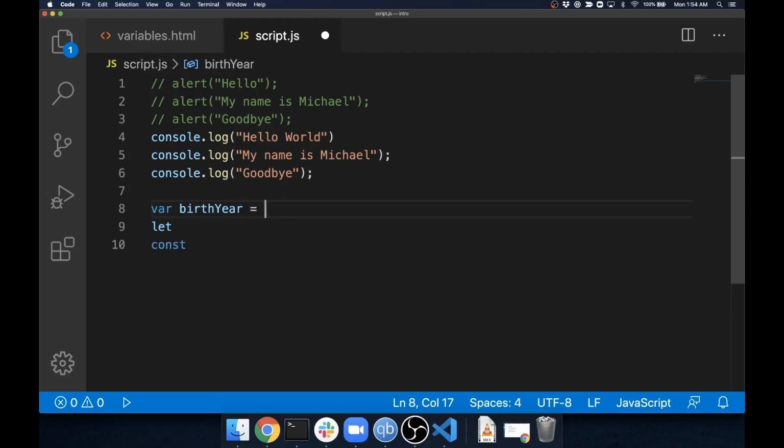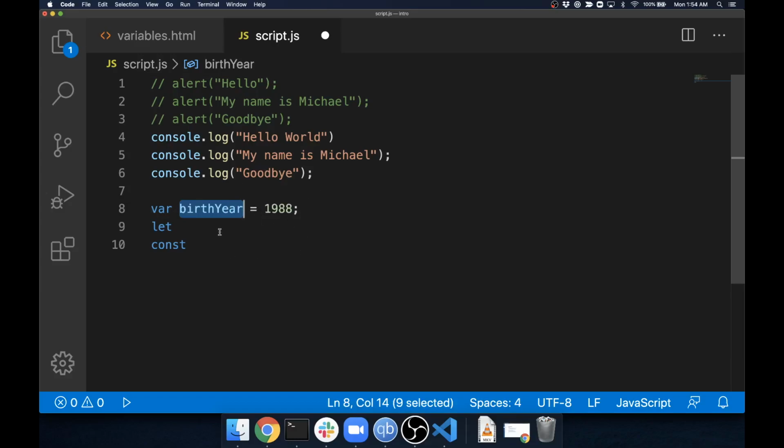I'm not going to put my real birth year, but I can put 1988. So what we see here is, whenever we make a variable, we give it a name, and this name is going to be whatever the data represents. You can name it literally whatever you want. I could have put something like x equals 1988, but that doesn't help me later down the line. When I see the name birth year later in my code, I should know, oh hey, that's probably representative of some sort of birth year. If I just see an x, I might say, what the hell is an x, right? So birth year,